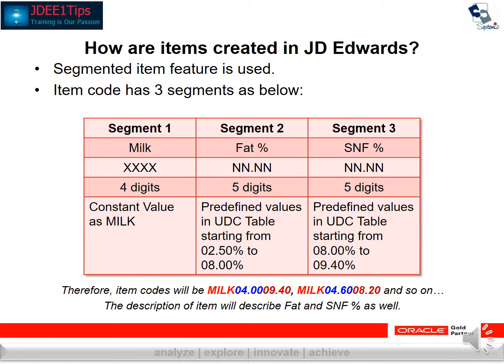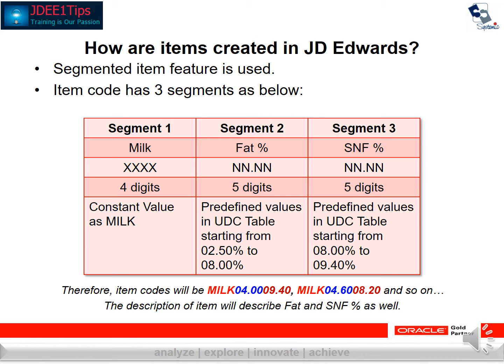Now, in order to handle this, how are the items created in JD Edwards? You use the functionality called segmented items. So you take the item code and specify three segments. The first is a constant value like milk. The second could be 5 characters in size with a decimal point included, which could have predefined values coming from the user defined code table, the UDC table, which could have all the variations that a fat percentage could have. And a third segment similarly might have another UDC table attached to it, having all the variations that an SNF percentage might have. So when you construct this kind of segment and a template,